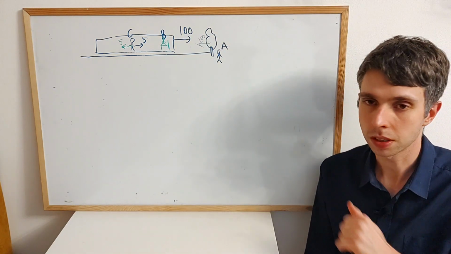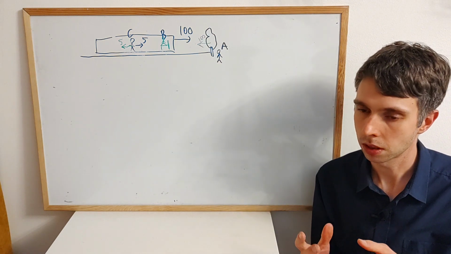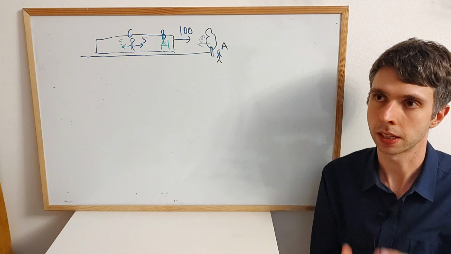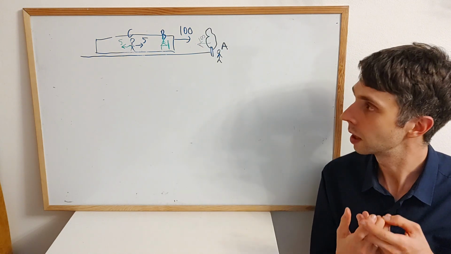So from this simple example you see that the motion and speed are relative, which I mean that